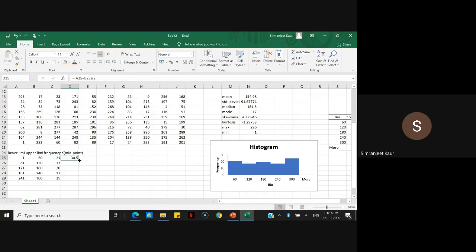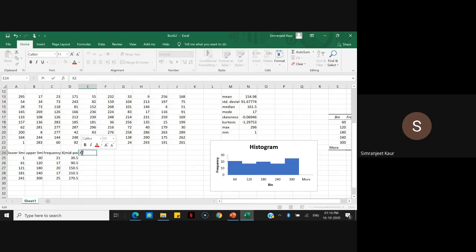I'll just drag it down. I'll wait for this cursor to appear and then drag it down so that I have midpoints for all the classes, right? So next I need to calculate x square. You can directly calculate fx square also, but since I'm explaining, I'll do it this way. So you need a superscript here.